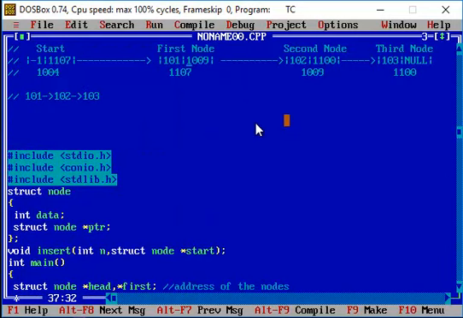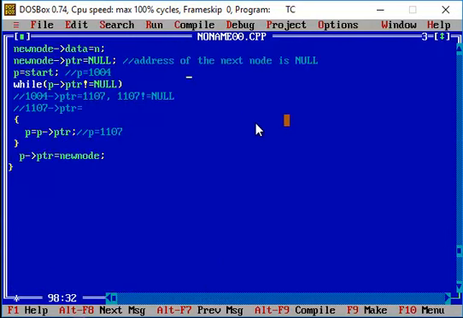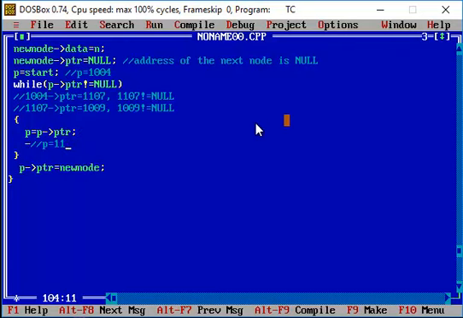I'm checking the condition whether 1009 is not equal to null. The condition is true, so the p value becomes 1009.